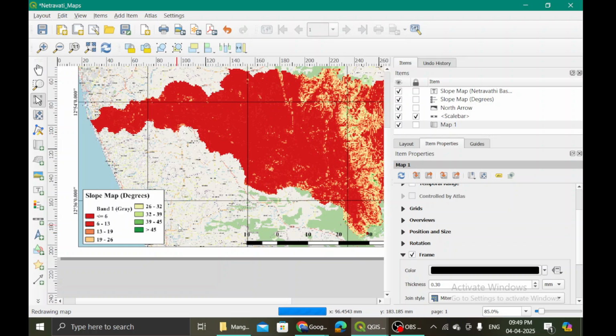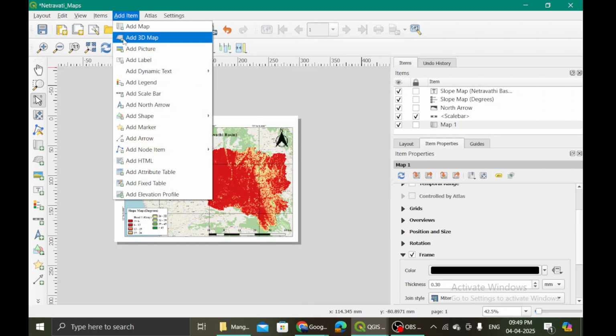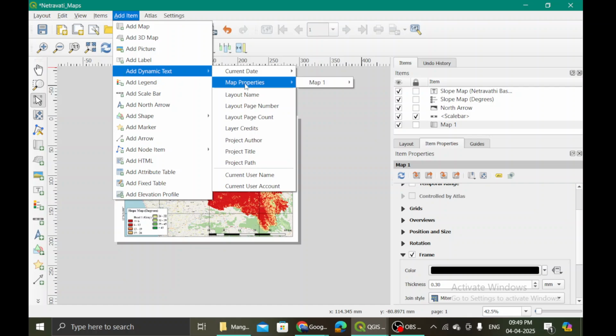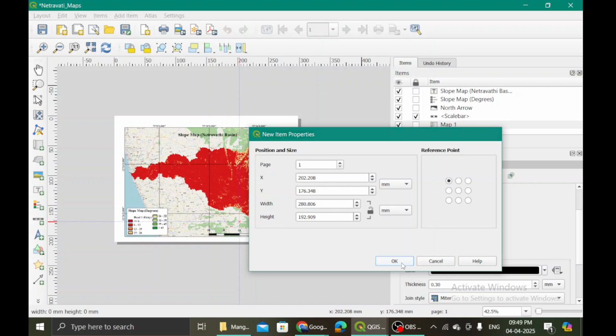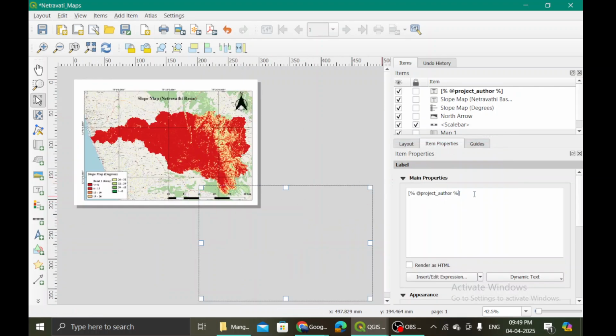Okay, so now let's add some dynamic text, maybe the project author's name. And what is the author's name? My name is Diksha Karapurkar.